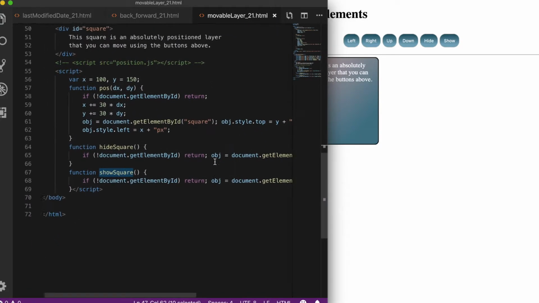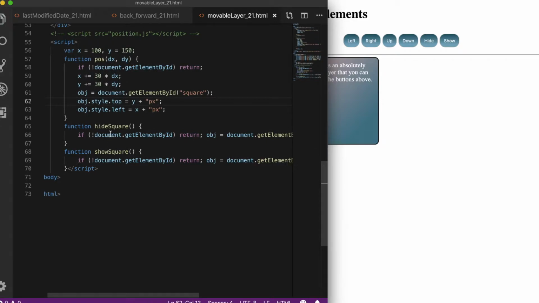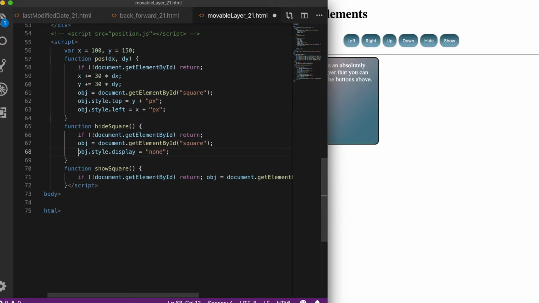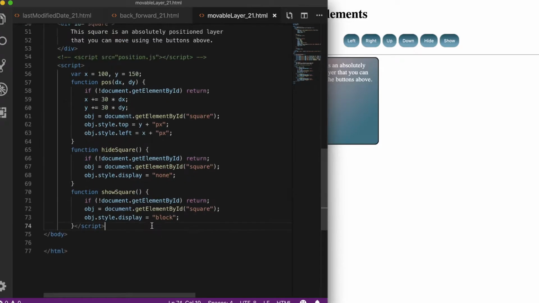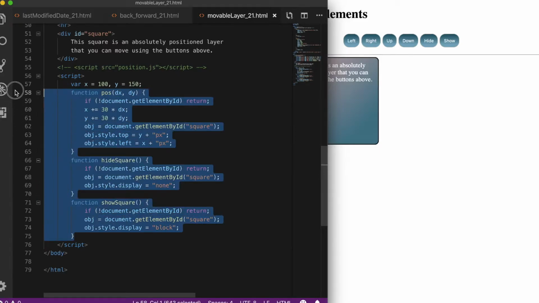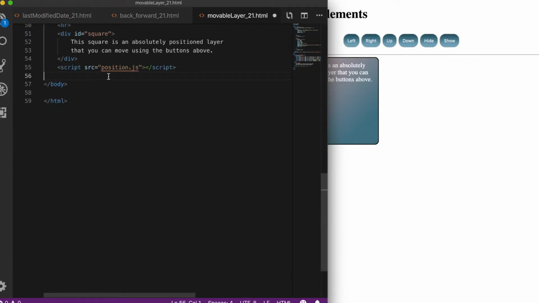So let's look at what we have in our JavaScript. Here we have a function position, which takes in 2 parameters. And this is what moves the square element on the page. Here's a function to hide, and here's the function to show it. Now notice all this JavaScript. What we can do is take all this in the center of these script tags, put that in a separate JavaScript file, and then after removing all this, we would link to our JavaScript file like this,